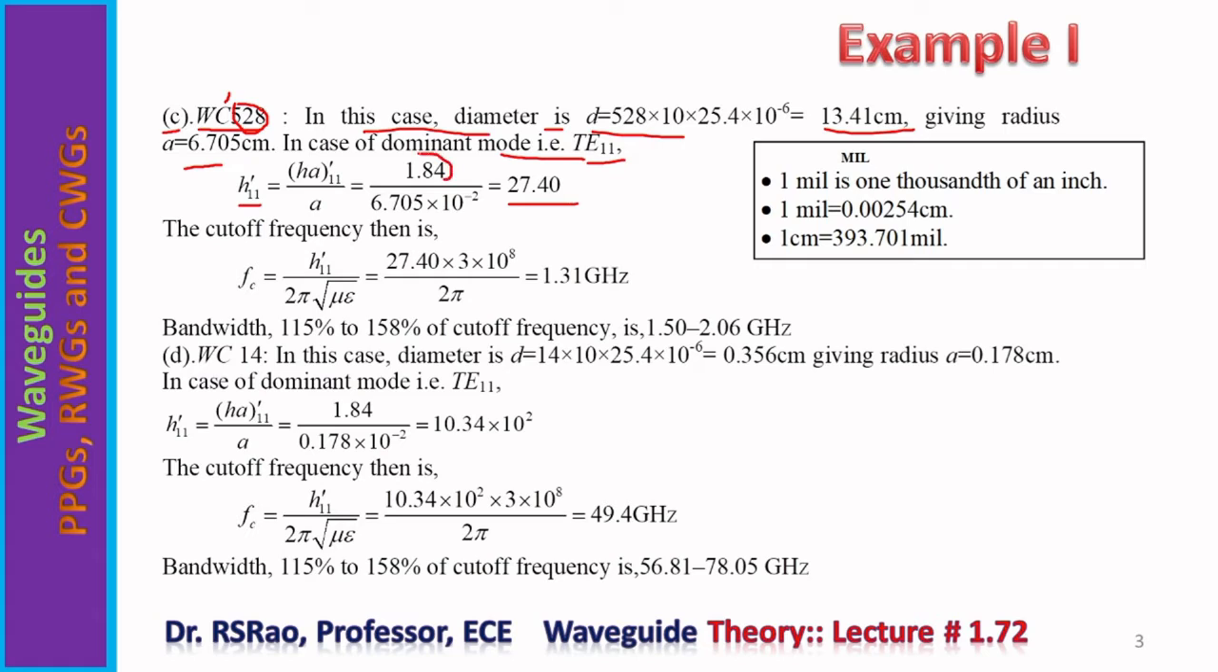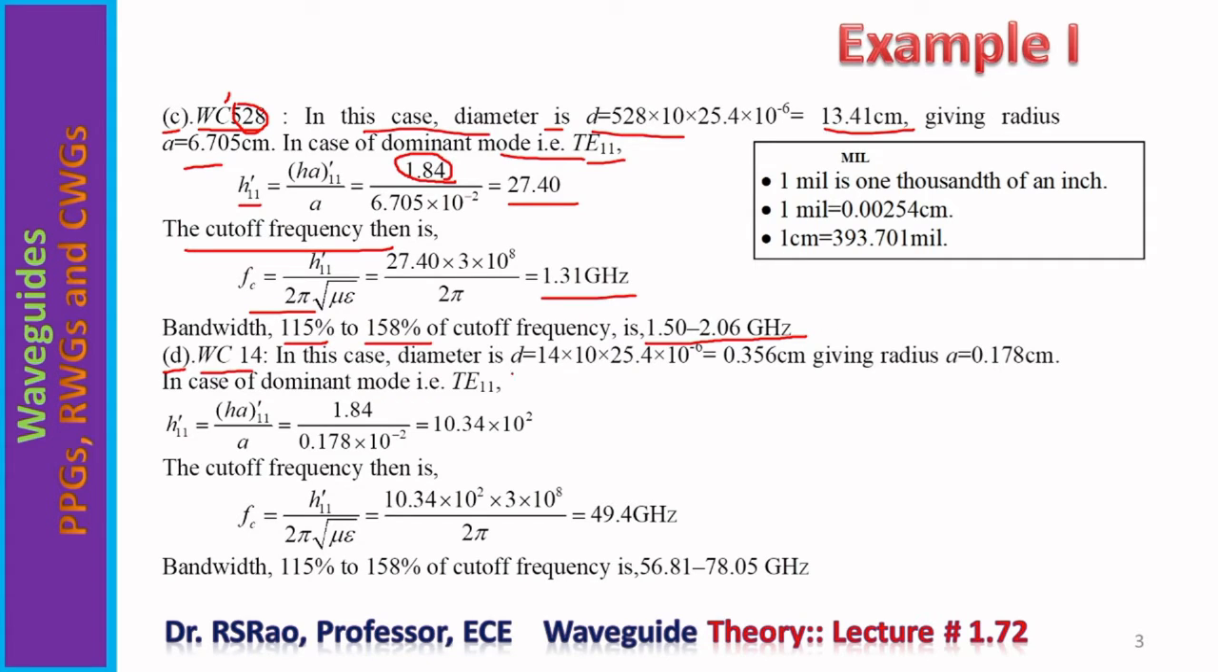27.40. This value, one has to obtain from tables. The cutoff frequency then is this one, FC equal to H11 prime by 2 by root epsilon. It comes out 1.31 gigahertz. Bandwidth is 115% to 158% of cutoff frequency. So it is 1.50 to 2.06 gigahertz. D,